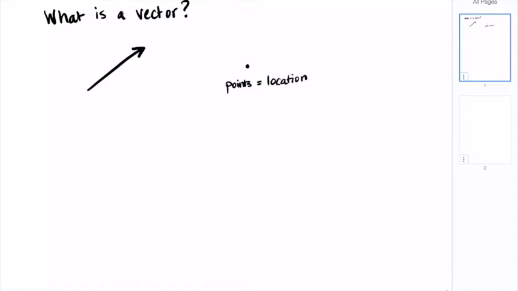A fundamental question we might have is, what is a vector? Graphically, we express a vector with just an arrow, whereas we might express a location as a point. So we kind of understand points already. They're locations in space, and their location is usually denoted by some coordinate, which might be something like (1, 2). So if I give you a point (1, 2), then I'm saying on the xy plane, which we might call R2,